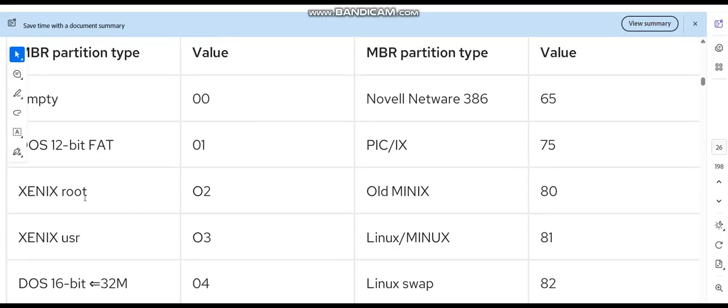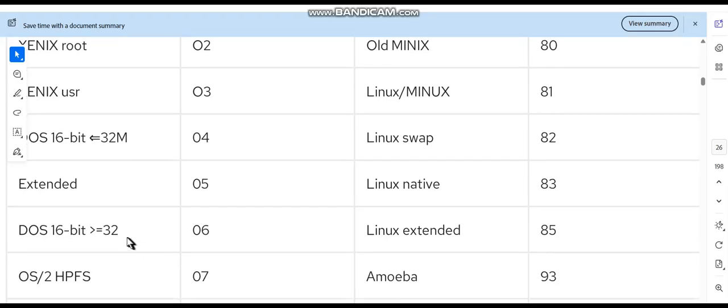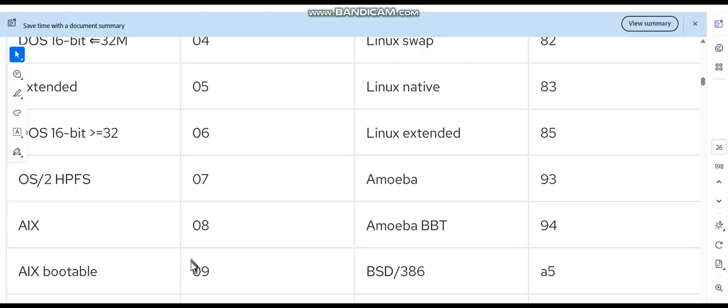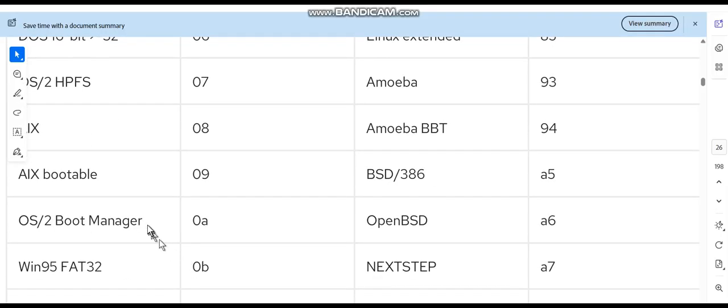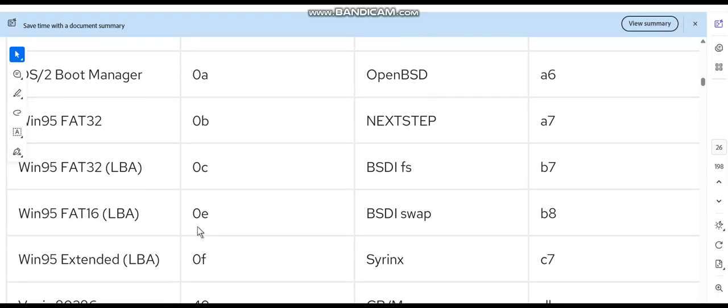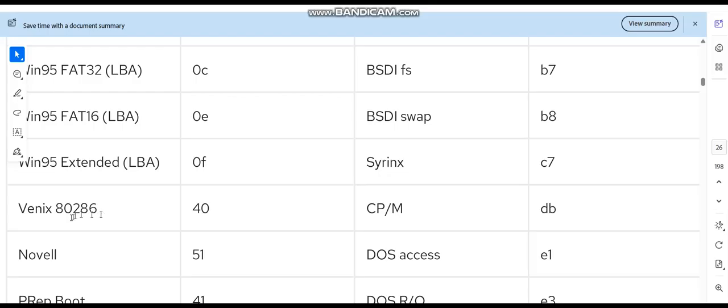Xenix root 02, Xenix USR 03, DOS 16-bit less than 32M 04, extended 05, DOS 16-bit greater than or equal to 32M 06, OS/2 HPFS 07, AIX 08, AIX bootable 09, OS/2 boot manager 0A, Win95 FAT32 0B, Win95 FAT32 LBA 0C, Win95 FAT16 LBA 0E, Win95 extended LBA 0F, Venix 80286 40,